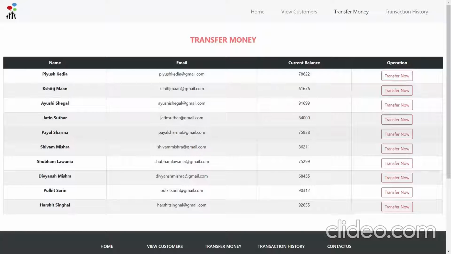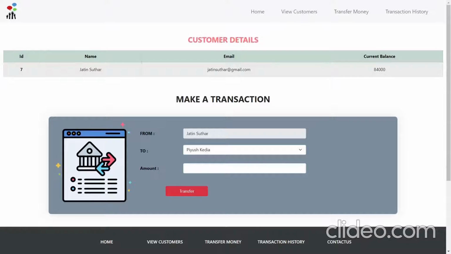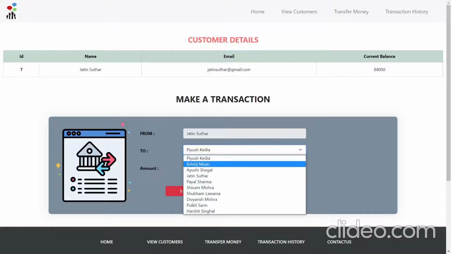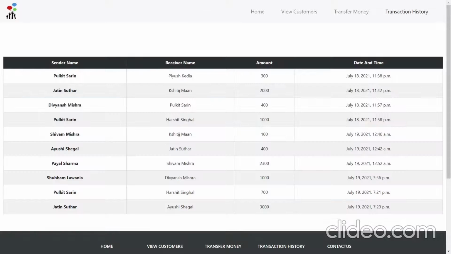Let's see. Like I am transferring the money from Jatin's account. Jatin has a current balance of 84,000. Here we see the details of Jatin, that 84,000 is present. Let's see Jatin transfer money to Ayushi. Let's see Jatin transfer the money of 3,000. Transfer.